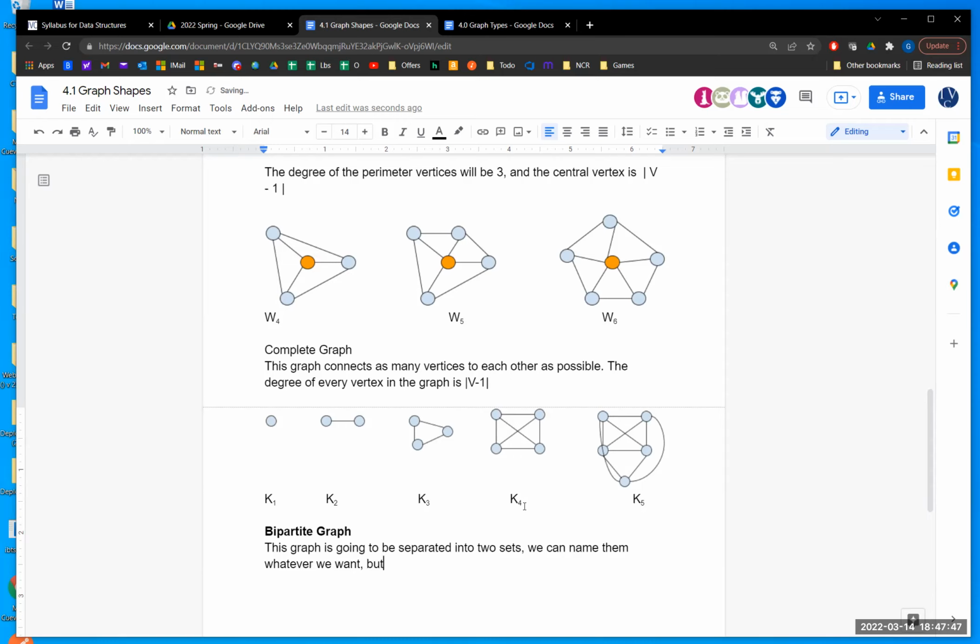We'll just go with set A and B. The rule for this graph is that there cannot exist an edge within or between a pair of vertices that